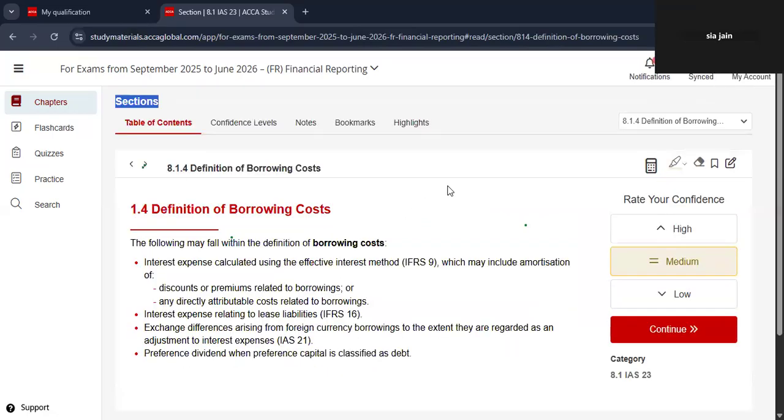Definition of borrowing cost. What counts as borrowing cost? It is more than just the simple interest you pay. It includes the interest expense calculated using the proper financial method. It also includes other charges, the fees you pay to set up the loan, or the extra cost, the premium you pay when you pay back the loan. These extra costs are all part of the price of borrowing money. So you can also include these costs or expenses as an asset in your statements.